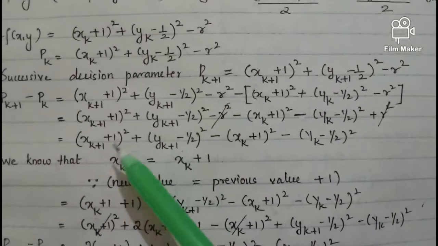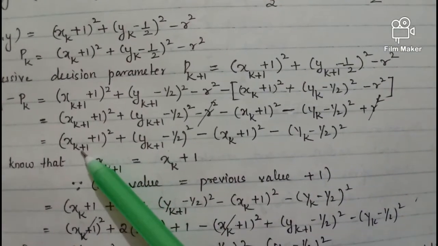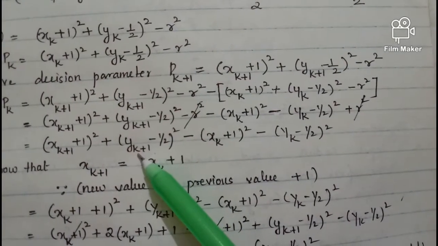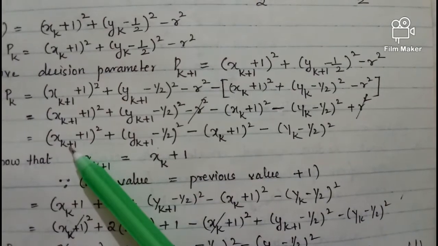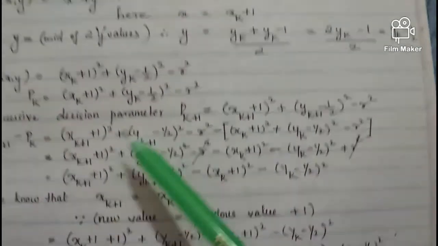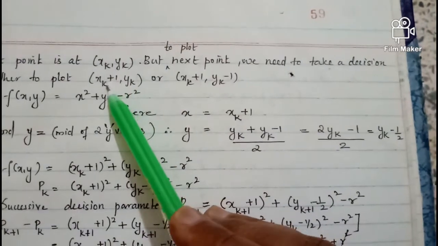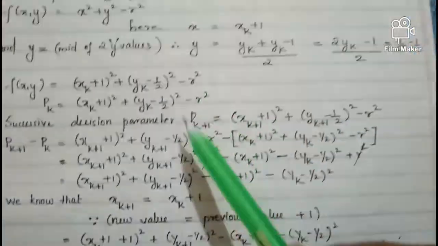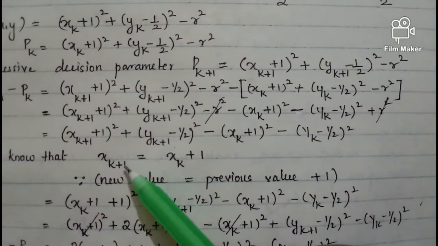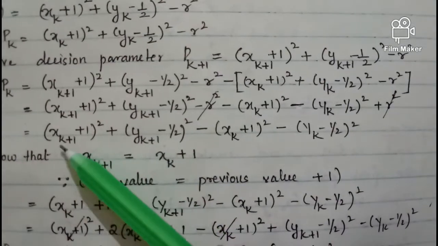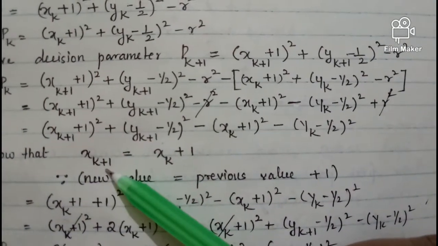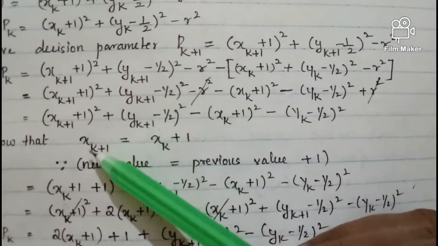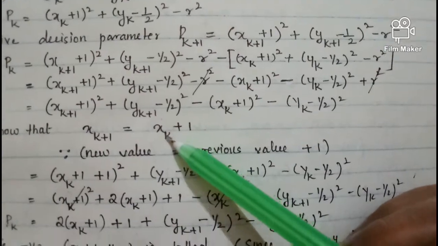Out of this, we know that xk plus 1 means next value of x. yk plus 1 means next value of y. We know that next value of x is current value of x plus 1 from the above situation. This is next value of x. In both the situations, next value of x is current value of x plus 1. So there is no confusion regarding x values. So I am going to substitute xk plus 1, that is next value of x, is equal to xk plus 1, which is current value of x plus 1. So in the above equation, this substitution is to be done. So the equation becomes